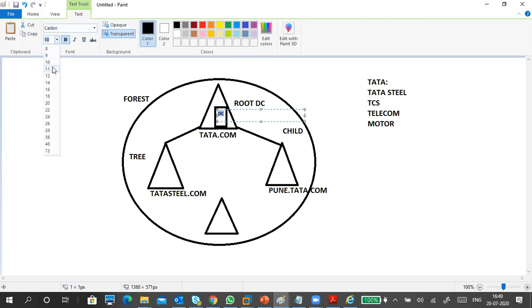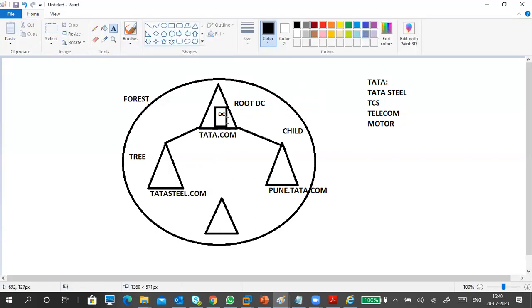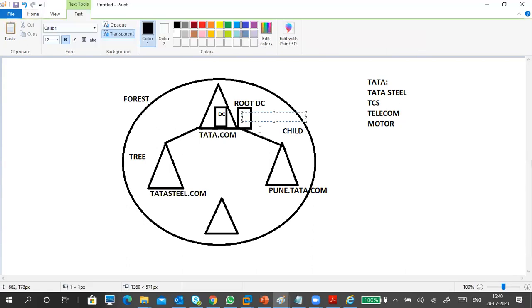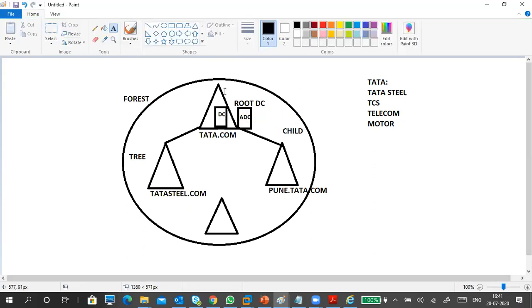Okay, maybe like this. So this is a domain controller. A domain controller is a computer name, right? So it's a computer, a server computer, an electronic device. If you think it can fail anytime, or maybe you need a load balancer, then you can put an ADC also. That is called an additional domain controller. Both work in the same domain only. That is a thing. So this is the first option.